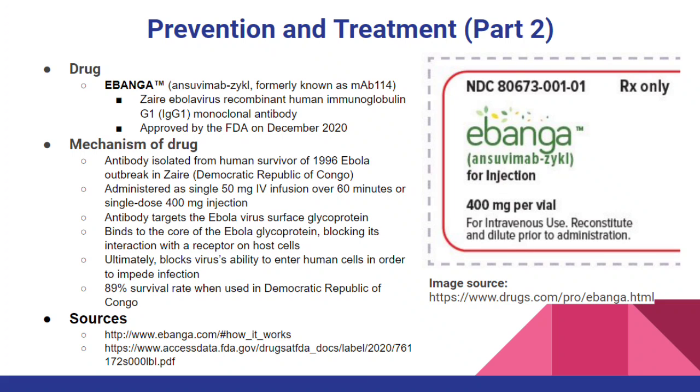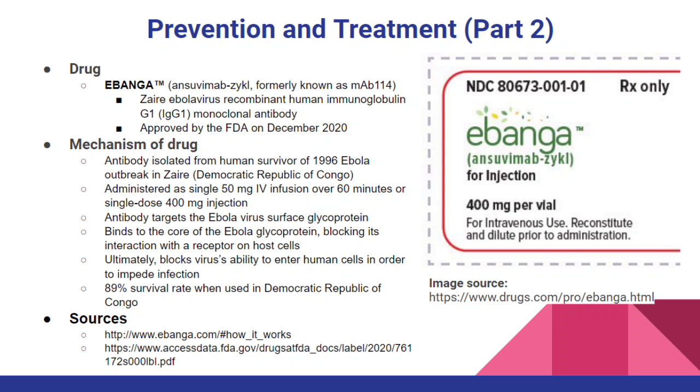Now for a drug that could help with treating Ebola. The name of the drug is Ebanga, and it is a recombinant human immunoglobulin G1 monoclonal antibody treatment. It was recently approved by the FDA in December 2020. Now for the mechanism of the drug. It is a form of antibody treatment, and the antibodies were isolated from a human survivor of the 1996 Ebola outbreak in Zaire. It is administered as a single 50 milligram IV infusion over 60 minutes